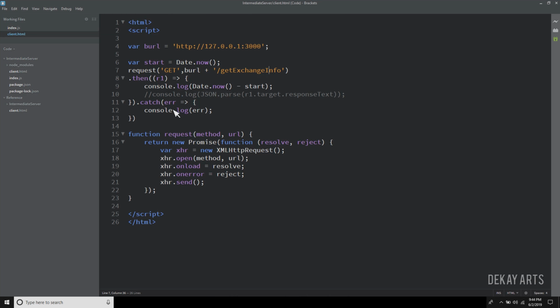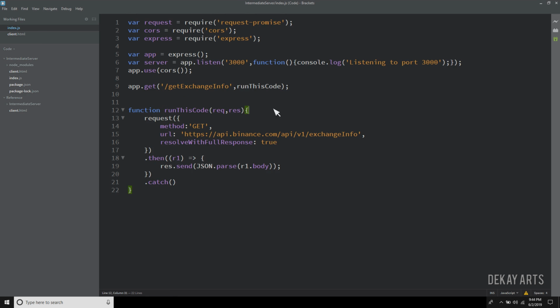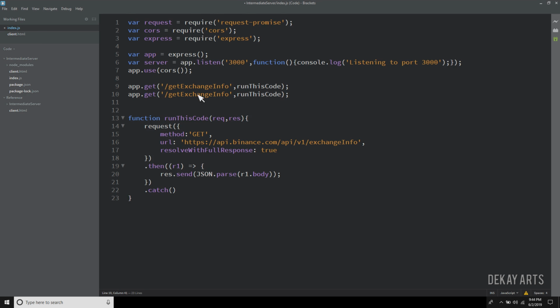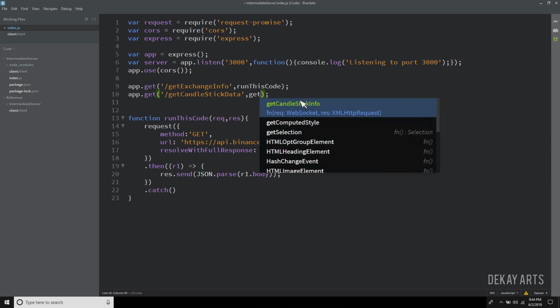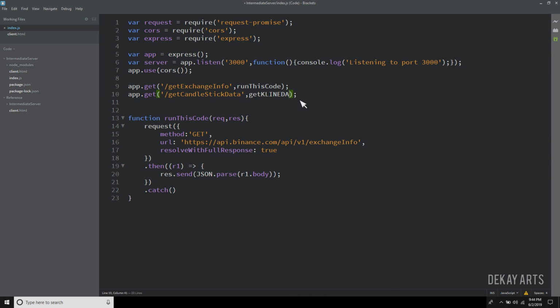Okay, so first let's go back to the server, and I'll create a new path. I'll call it get candlestick data. Okay, and I'm going to create a function module. I'll say getKlineData, whatever. Okay, I'll create this function module here.